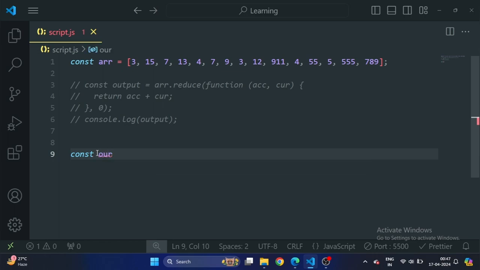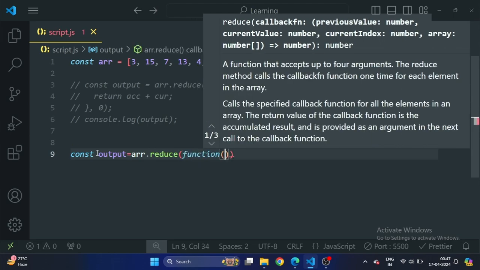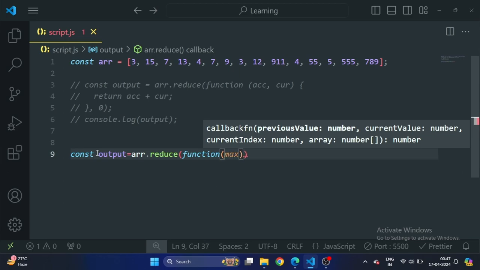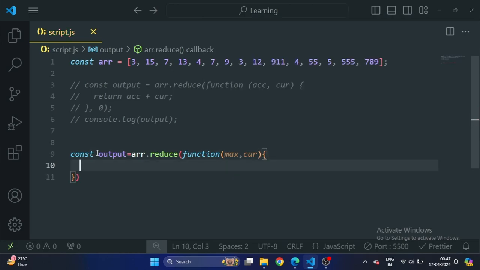Okay, so output, the function name, array, reduce method, callback function, parameters, accumulator. Let's give it a name max. You can give any name. It is not mandatory to give the name accumulator. You can give any name. And the second parameter is current.